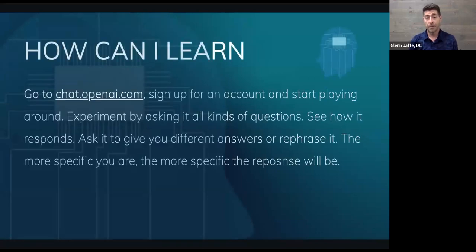So here's how you can start playing around. If you haven't already, you can go to chat.openai.com, and that's how you can sign up and get access to ChatGPT. Wait till we're done with the webinar today to do that and play around with it. I want you to go over there and experiment, start asking questions, and understand how you have to go about crafting the questions, revising the answers, making it more specific and drilling down into things. That way you understand how ChatGPT works, but also wrap your brain around how you as a human being can get AI to do work for you.